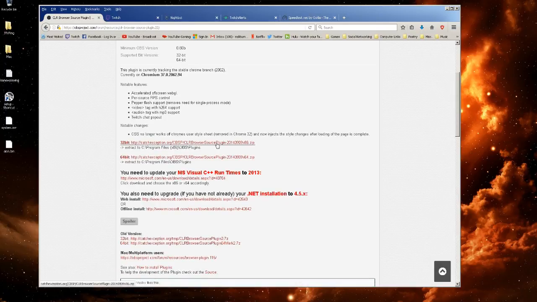You'll need some plugins also, at least the browser source plugin here. Whatever OBS you get, use the 32 or 64-bit, then download this one. I would recommend, even though you have a 64-bit operating system, I would use a 32-bit